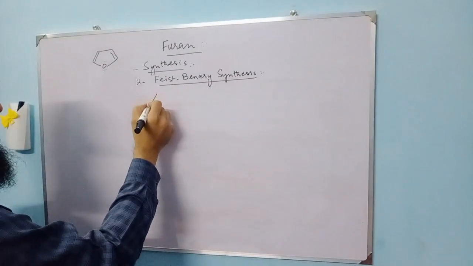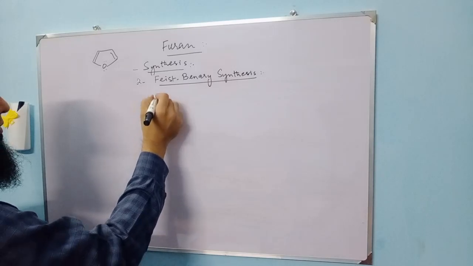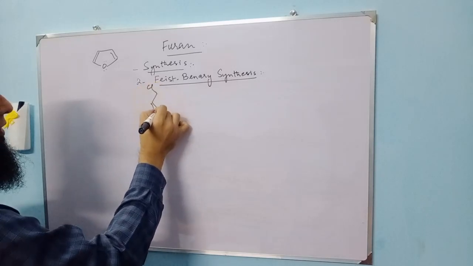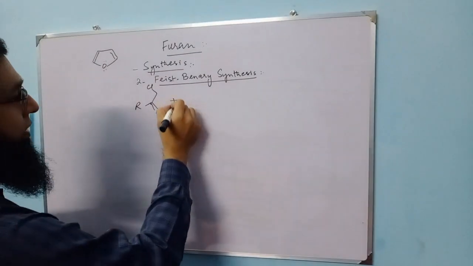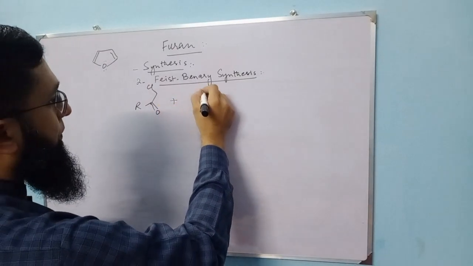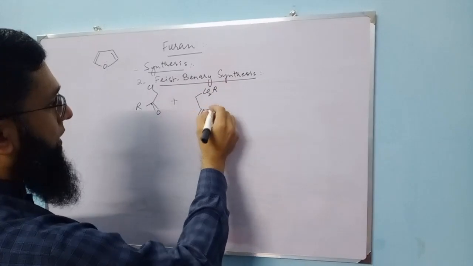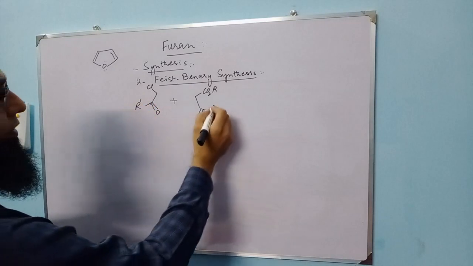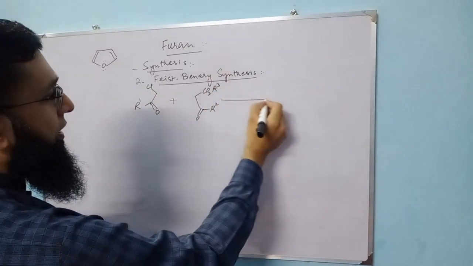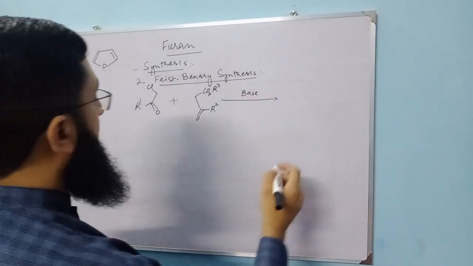In Feist-Benary synthesis, we have alpha halocarbonyls which react with beta-ketoester. For example, this is R1, this is R2, this is R3 in the presence of base, and as a result